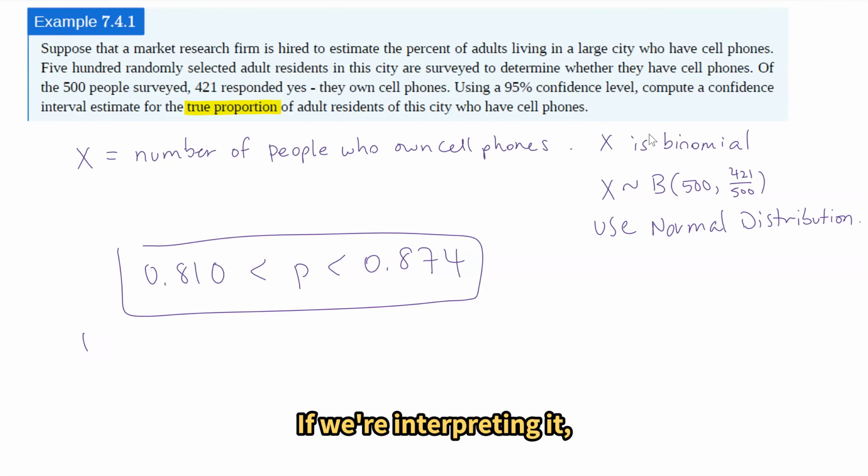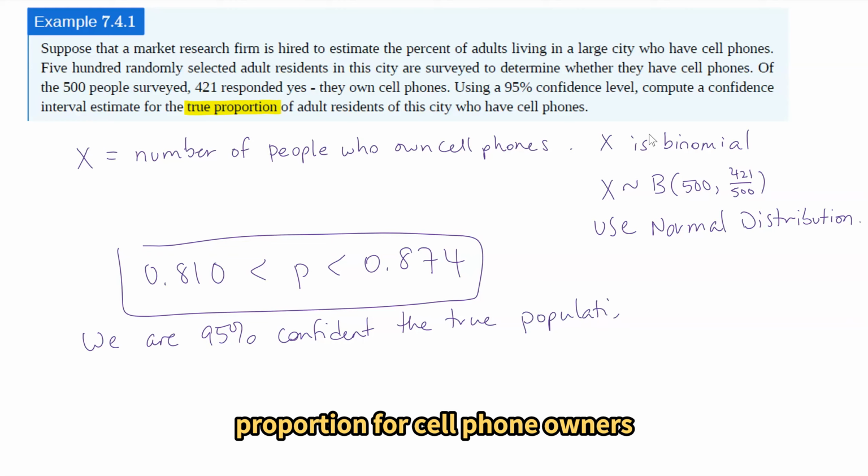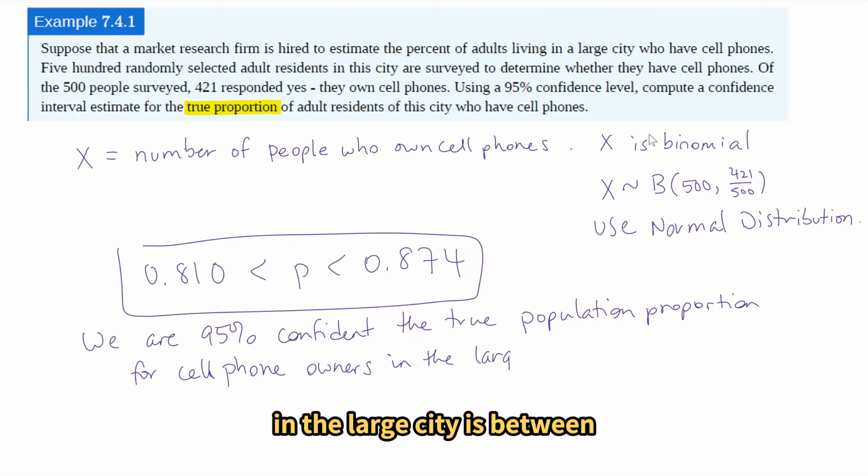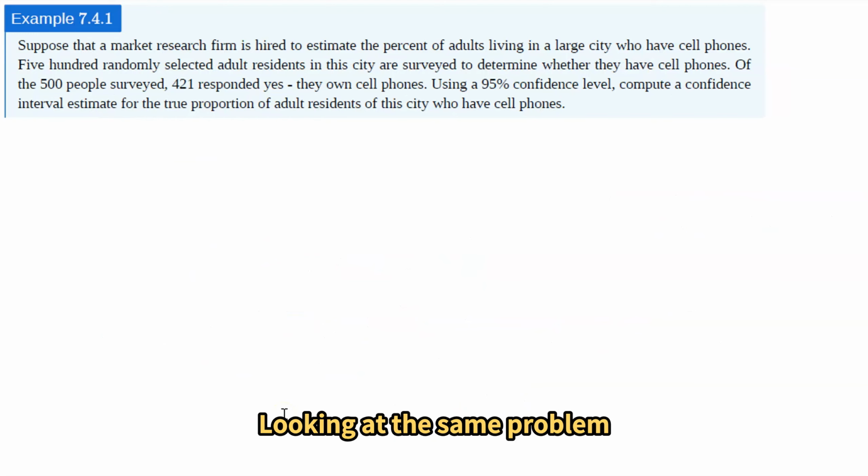If we're interpreting it, we would say we are 95% confident the true population proportion for cell phone owners in the large city is between, we could put it in percentages, 81% and 87.4%. Looking at this same problem, only doing it by hand instead, or at least mostly by hand, instead of